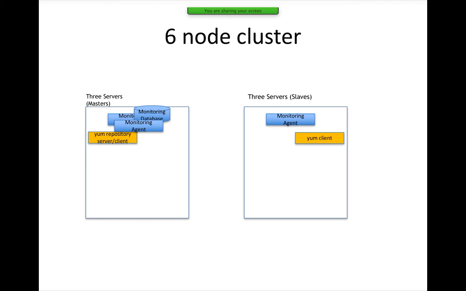And then we actually set up depending upon the choice of distribution. If it is Ambari, we have set up Ambari server on the gateway node and Ambari agents on all the nodes. Ambari server requires a monitoring database, so it can be embedded or external. When it comes to Cloudera, the master for monitoring is Cloudera Manager, which will be hosted on one of the nodes in the cluster. In our case, it's the gateway node. Every node, including the master, will have the agent, because agents are the ones used to monitor the nodes.